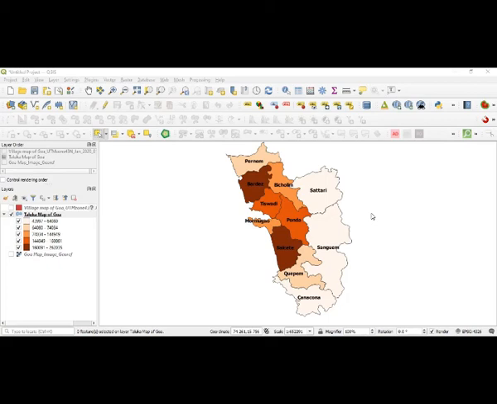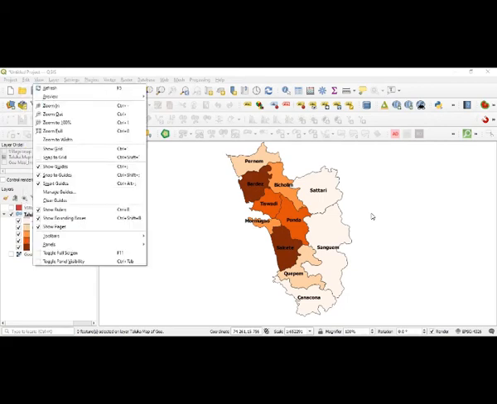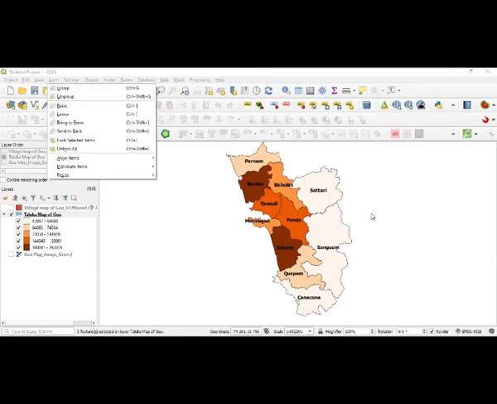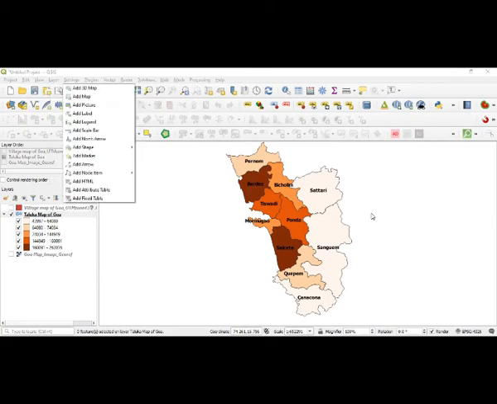So that whiteboard, if you want to make it big enough, you can again take zoom full and it will become bigger. So when you want to add that map, which is there on the map canvas of QGIS, what do we have to do? You have to go to the add item here. In the menu bar, there is add item.